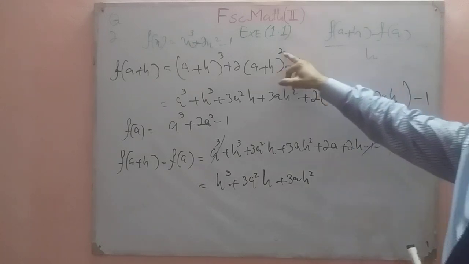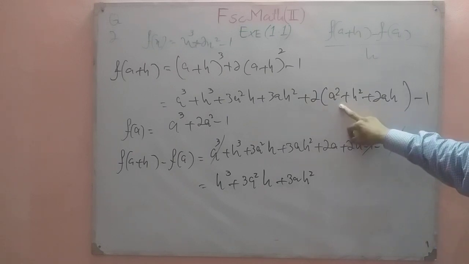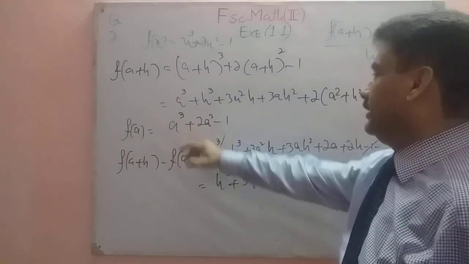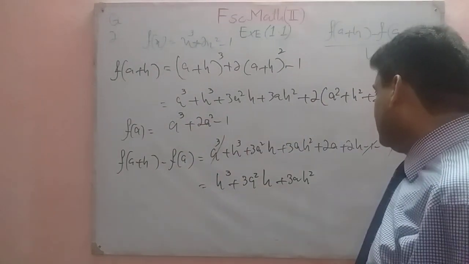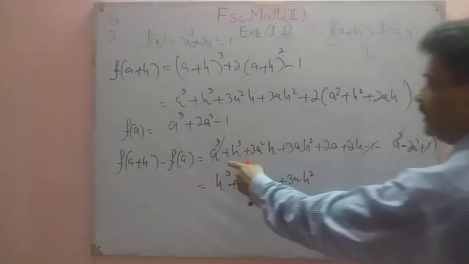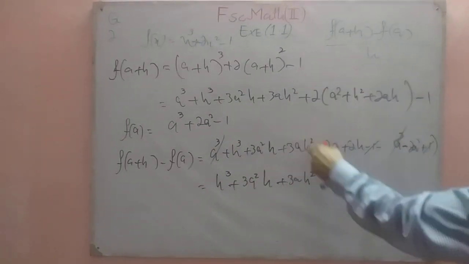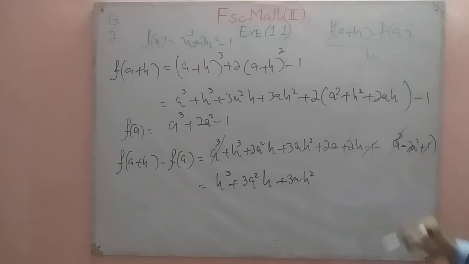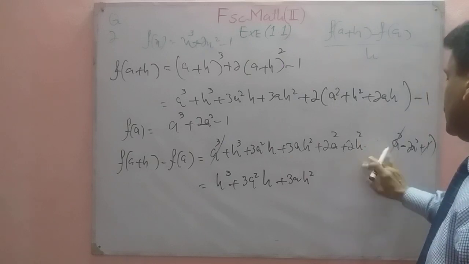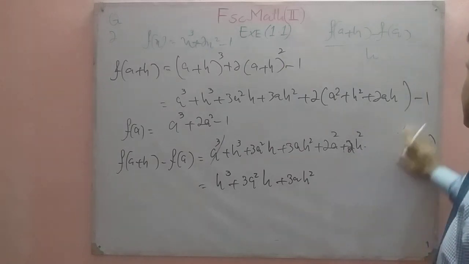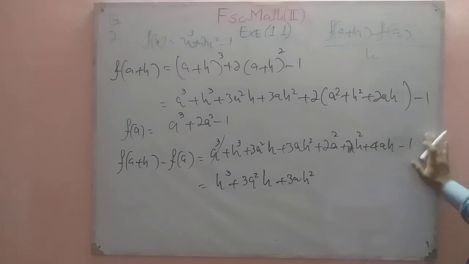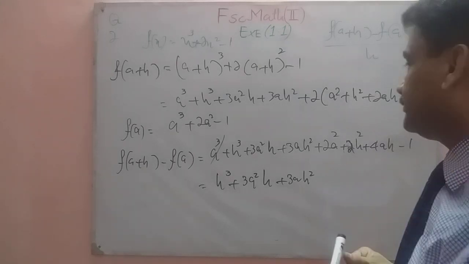When we expand this square, we will get 2 multiply a square plus 2ah minus 1. And the value of f of a cube plus 2a square minus 1, we write here the value of f of a plus h, which is a cube plus h cube plus 3a square h plus 3a h square plus 2 times a plus h whole square. After multiplying 2 we get 2a square plus 2h square plus 4ah and minus 1. After simplification we will get,